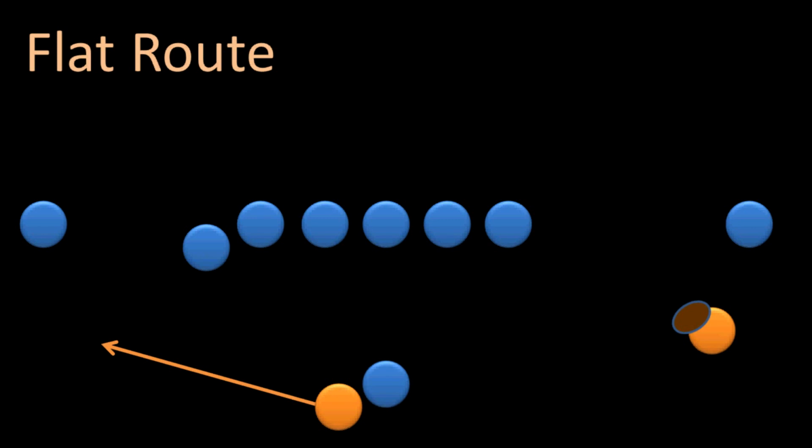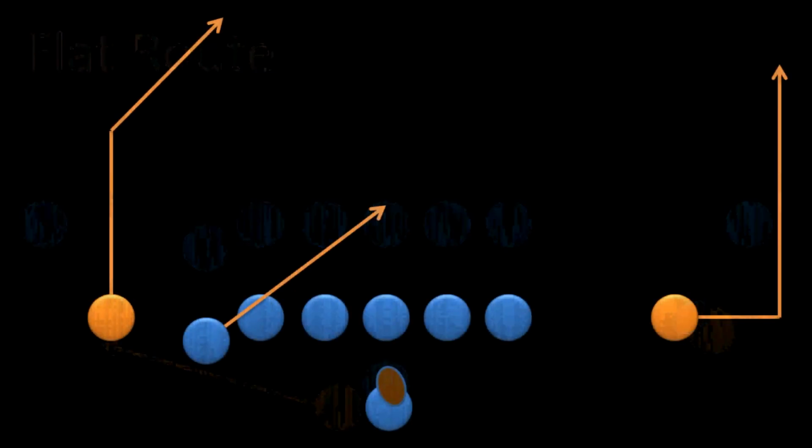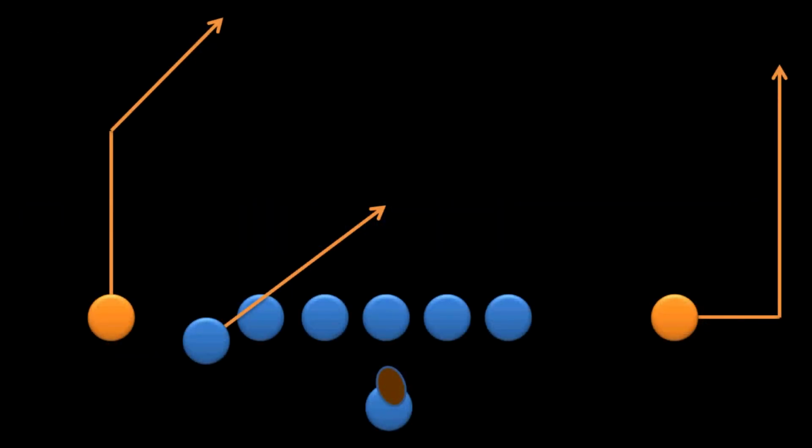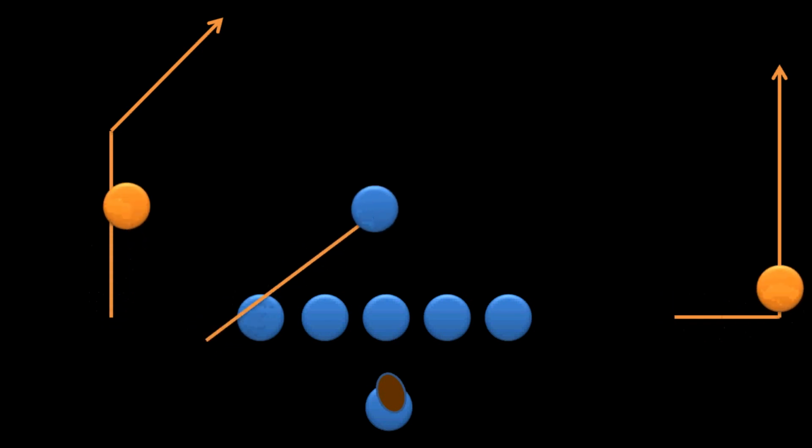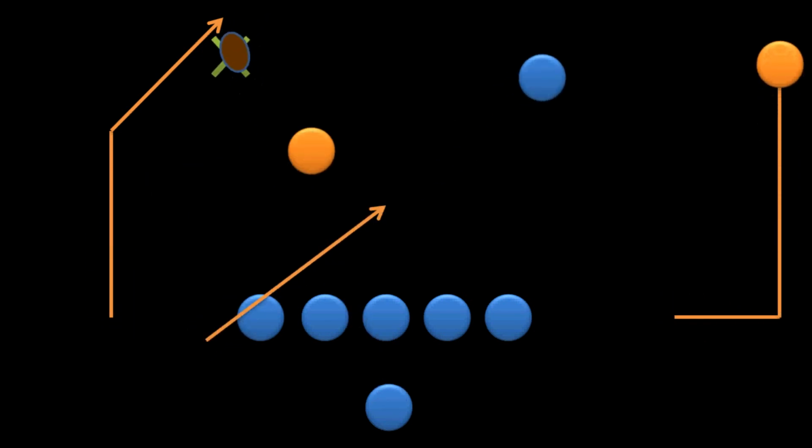Now there are no rules that prohibit the wide receivers from running any type of route. As long as they stay in bounds, they can go anywhere they want. But the wide receivers have to be careful, because if they stray too far from the play that is called, they might throw the quarterback off enough that he'll throw the ball where the receiver was supposed to be rather than where he went. And that wouldn't be